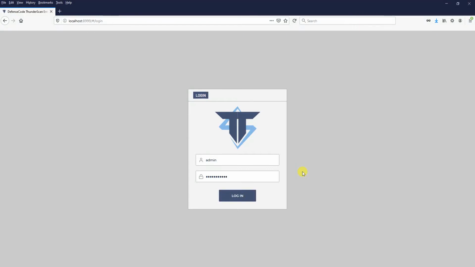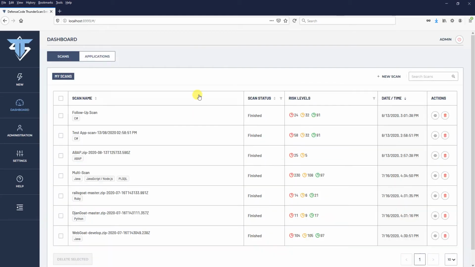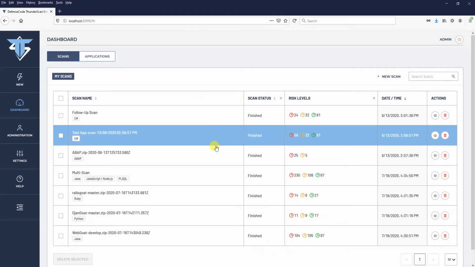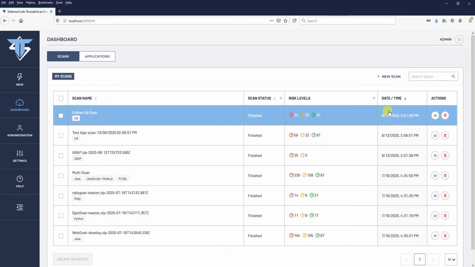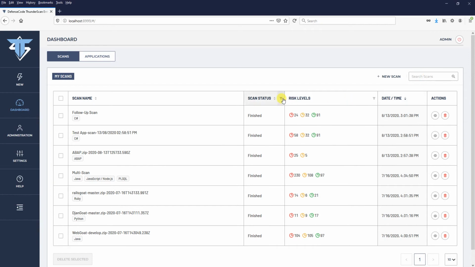This is a login screen to the ThunderScan SaaS solution. Once we proceed with the login, we are presented with a dashboard that has several finished scans listed. The dashboard offers an easy way of scan management through scan searches, scan filtering by scan status, risk levels, sorting